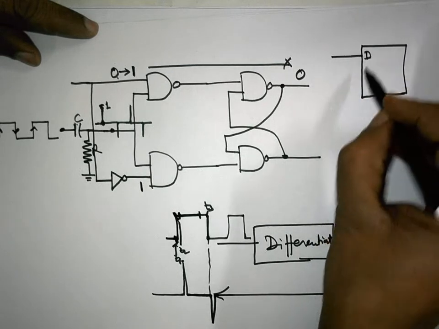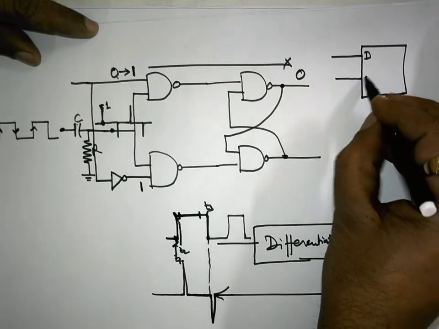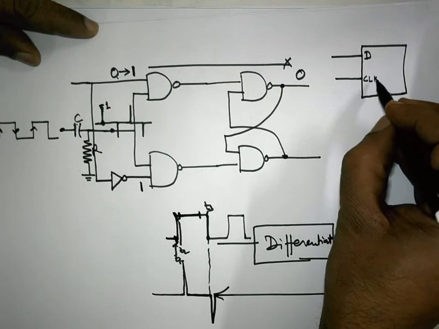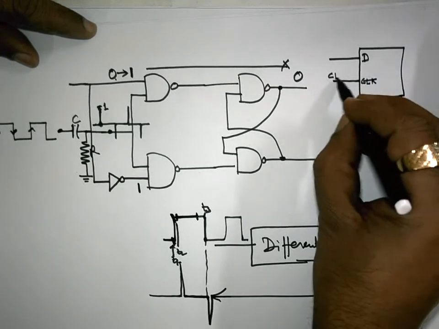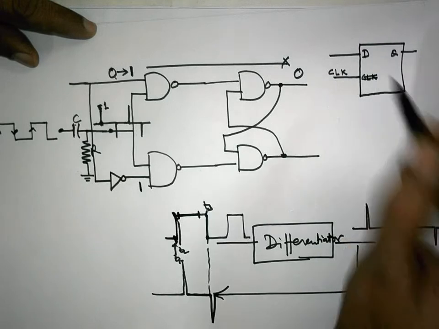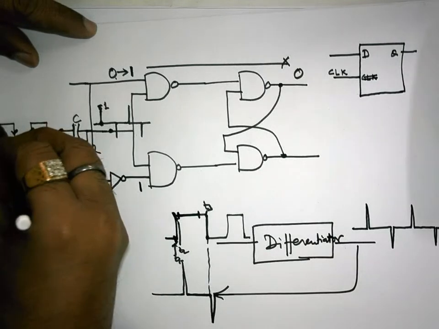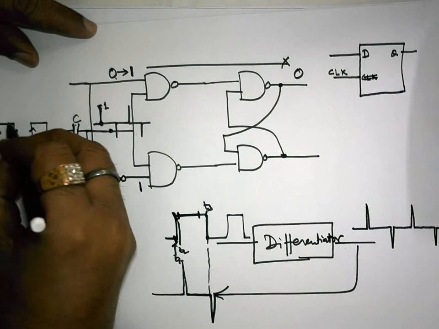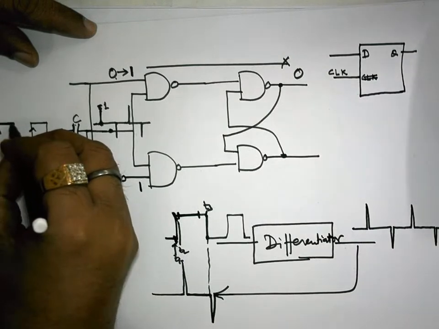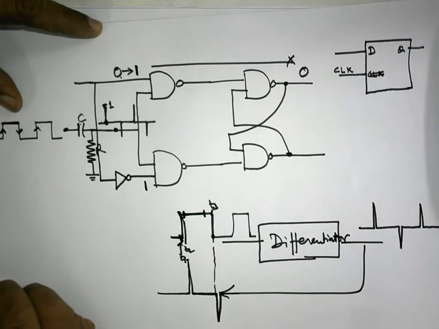Now if we see the block level representation of a normal D flip-flop, it is level clocked. The clock should be indicated outside, and Q is the output. So this is a level triggered, rather high level triggered D flip-flop. When I say high level, this means the output can change, and our input will be entertained, during the high level of the applied clock pulse.